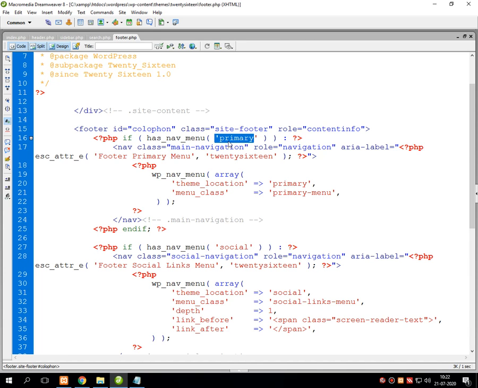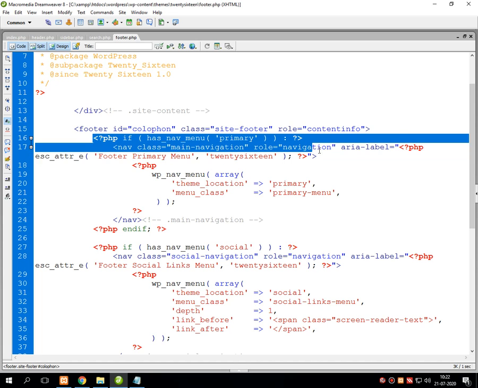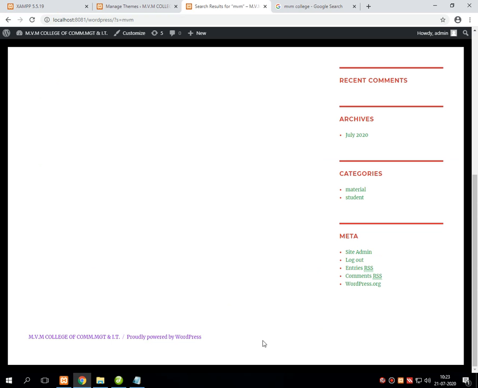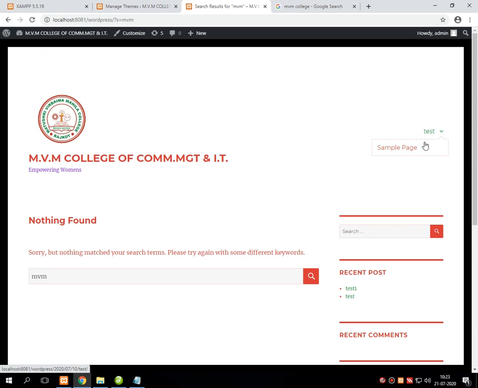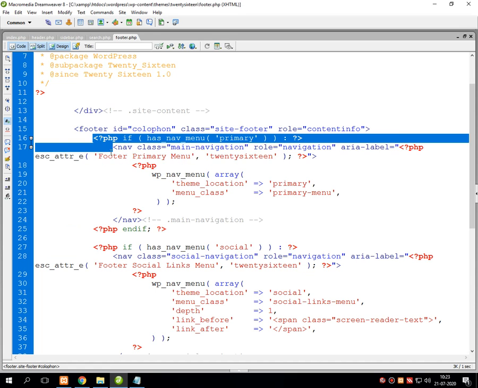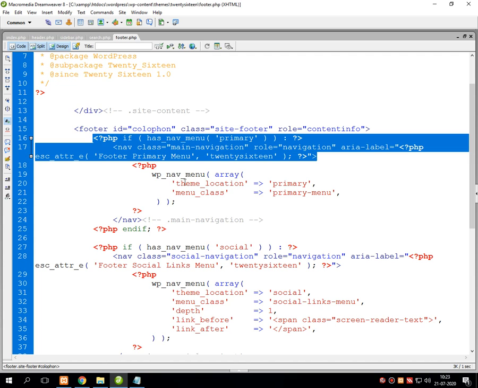If any menus are given into the footer, then this line of code will display the same onto the screen. But unfortunately, right now we have not given any type of menu into the footer. Generally, the menus are given into the header, so it will display nothing onto the screen.